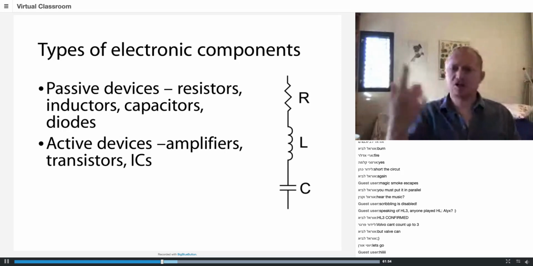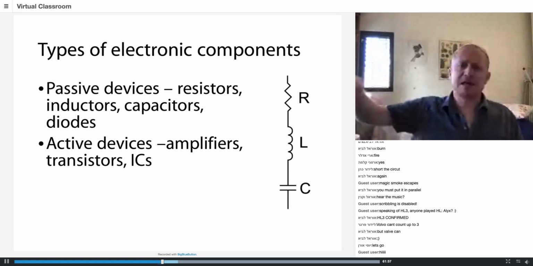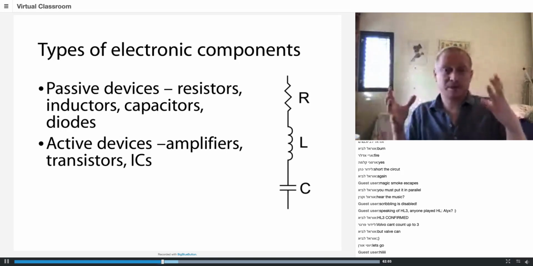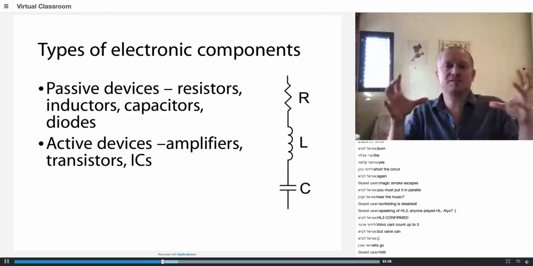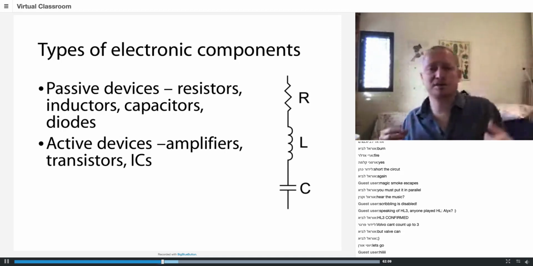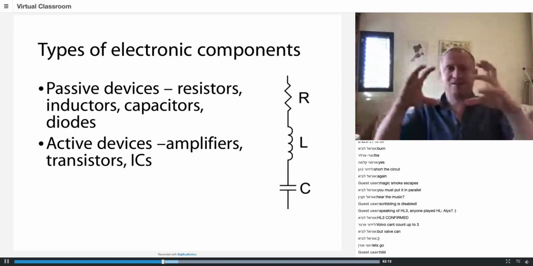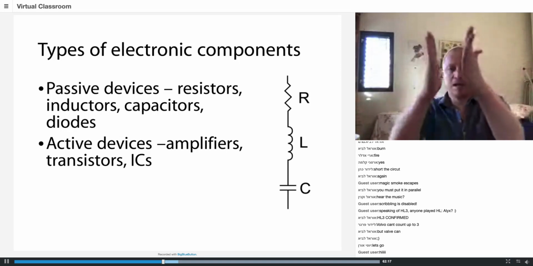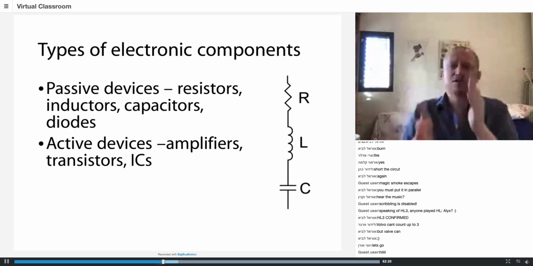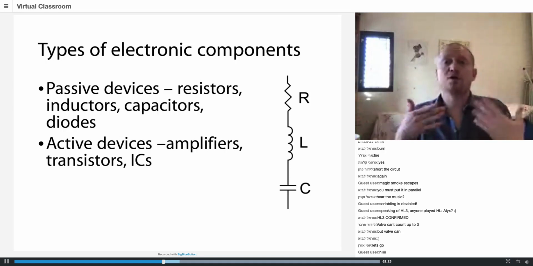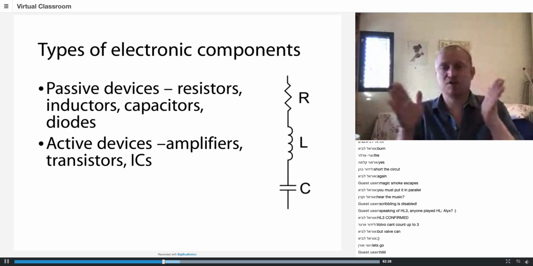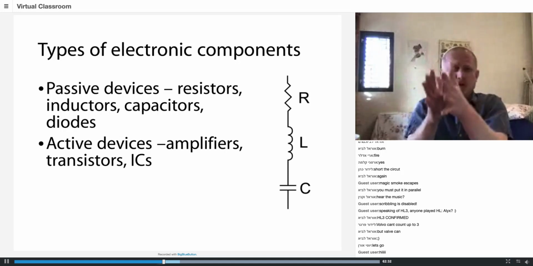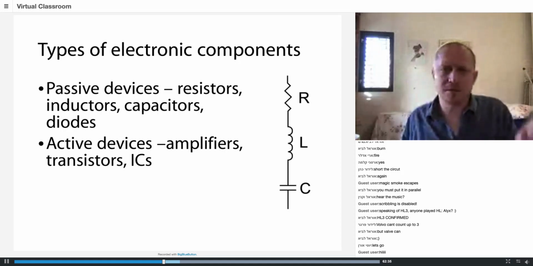Now, the inductor actually looks like that, and when current is going through it, it starts spinning, and it stores energy as it's spinning in a magnetic flux, and you can use this as a source of current. When you disconnect it from the current source, you can use this current again. The capacitor is two plates of conducting material with an insulator between them. It stores potential, so you can create a voltage. You can store current in the capacitor, and when you disconnect it from the power supply, you can use the